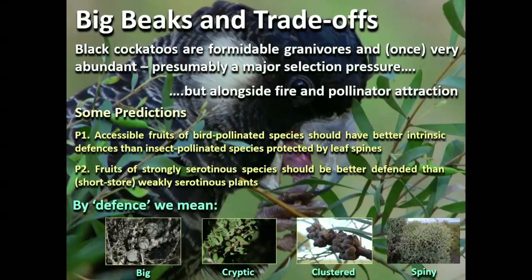And then finally, of course, you can be spiny. That plant on the end, Hakea auriculata, is probably the spiniest plant I've ever seen anywhere. The whole thing is probably about a metre across, and it's just a ball of pain. But we'll come back to that in a minute.